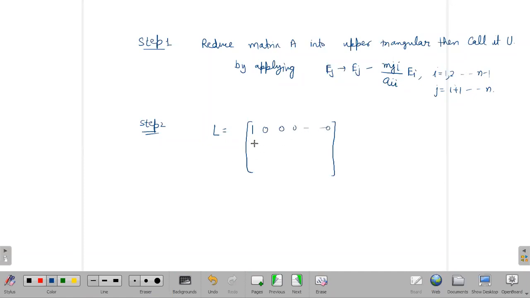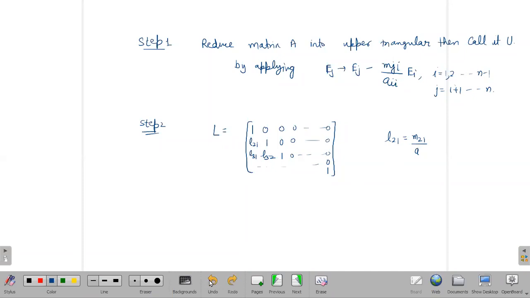So here it is L21. What is L21? I have to find this L21. This is 1, this is 0, 0, 0. This is L31, this is L32, then 1, then 0, 0, 0. So this way you will write 1 here, means this is last diagonal element, 1, 0, 0 here. Now what are L21, L31? How to determine this L21, L31 and these? Means first we will find out the first column.